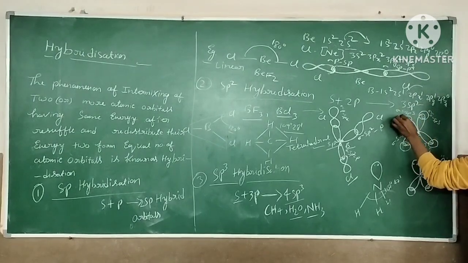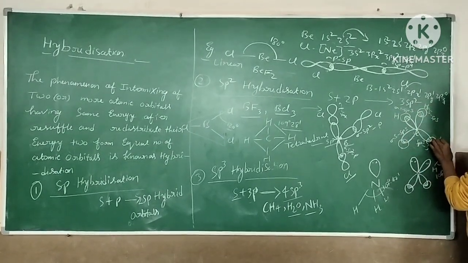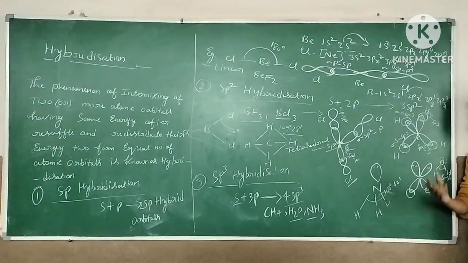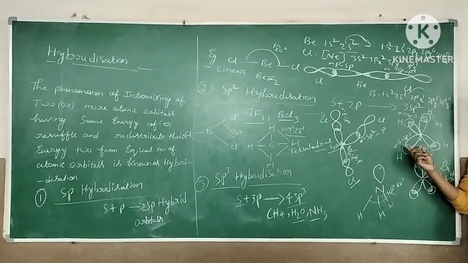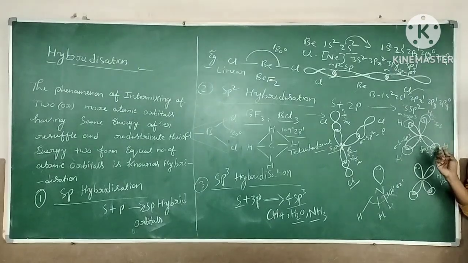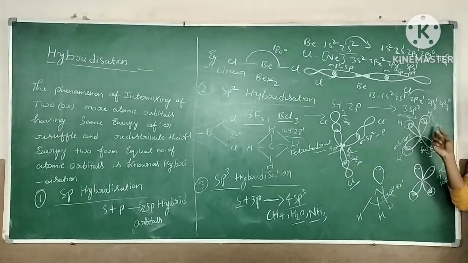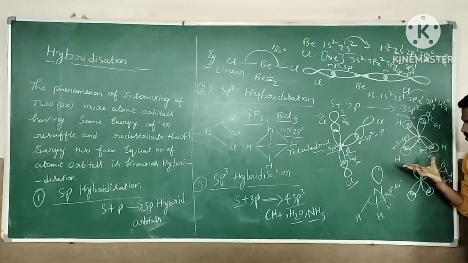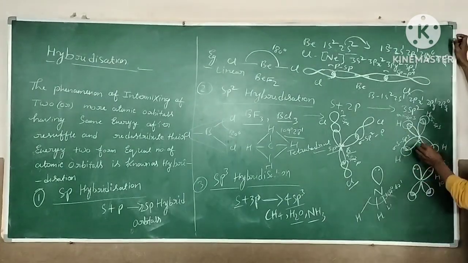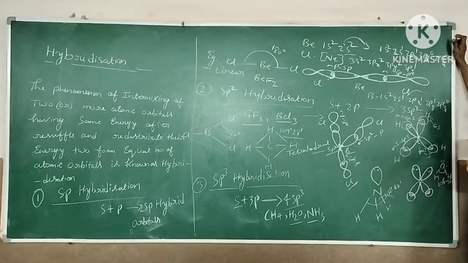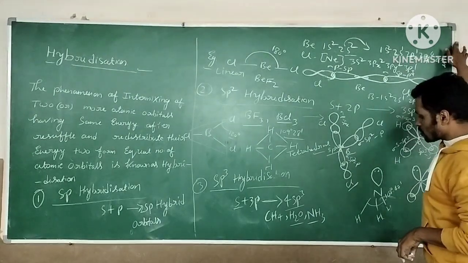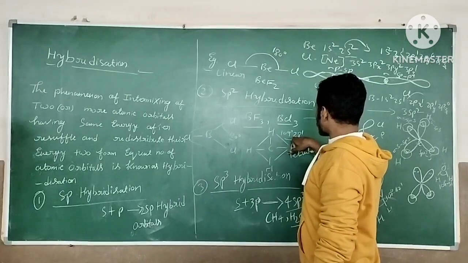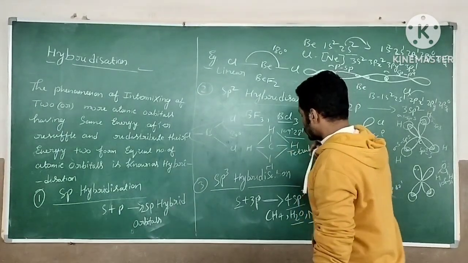The remaining are 4 hydrogens. Hydrogen contains only 1 electron, and the shape of hydrogen's orbital is spherical. That's why each hydrogen contains only 1 electron. That is 4 unpaired electrons from the 4 hydrogens, which intermix with the 4 electrons in the carbon to form 4 sp3 hybrid orbitals. The shape of methane is tetrahedral, and the bond angle is 109 degrees 28 minutes.